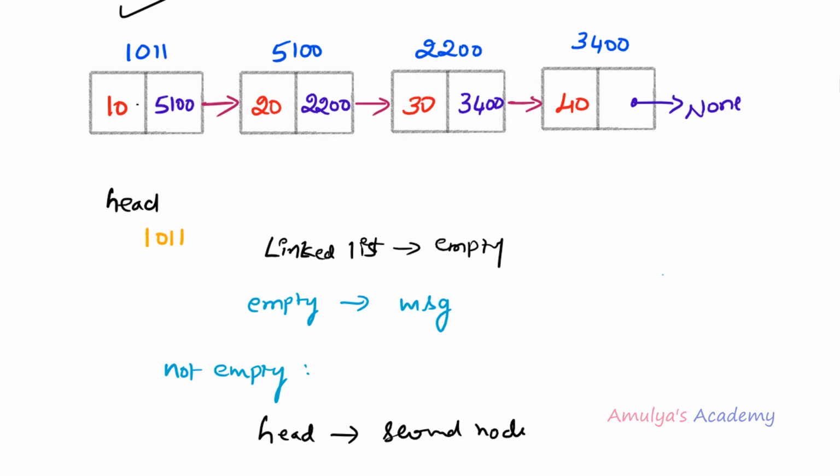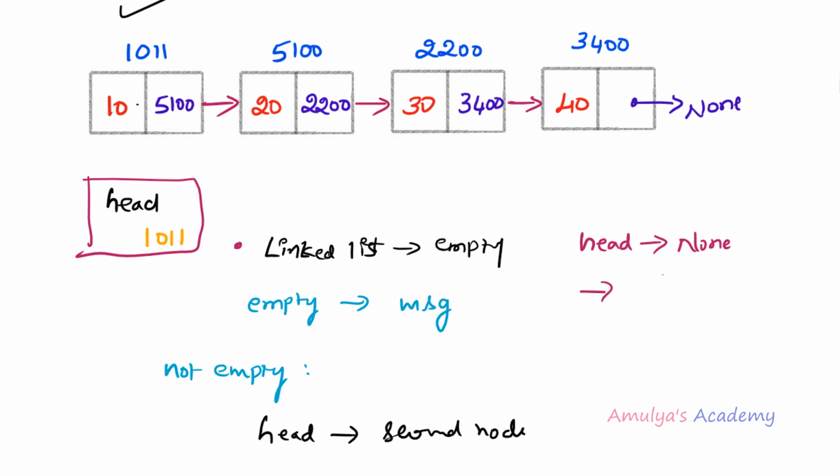Now to write the program, the first step is to check whether the linked list is empty or not. So how do we check that? If head is pointing to None, here we can see this head, right? If head is None, that means the linked list is empty. As I said, head is the starting point of the linked list. If it is pointing to None or a null value, that means we don't have any nodes, so the linked list is empty. So to check whether the linked list is empty or not, we need to check whether head is None or not. If head is None, just print a message.